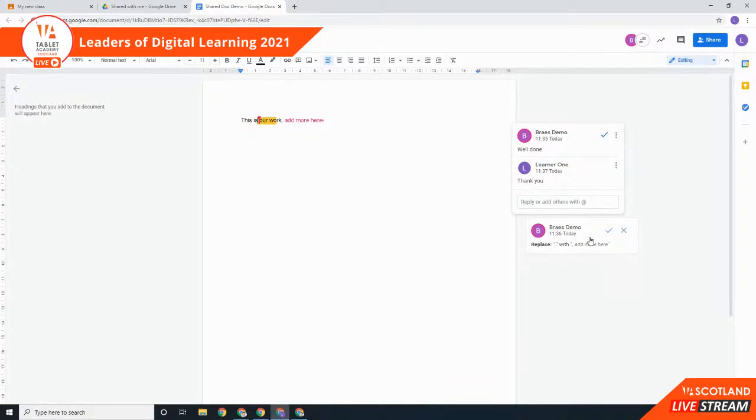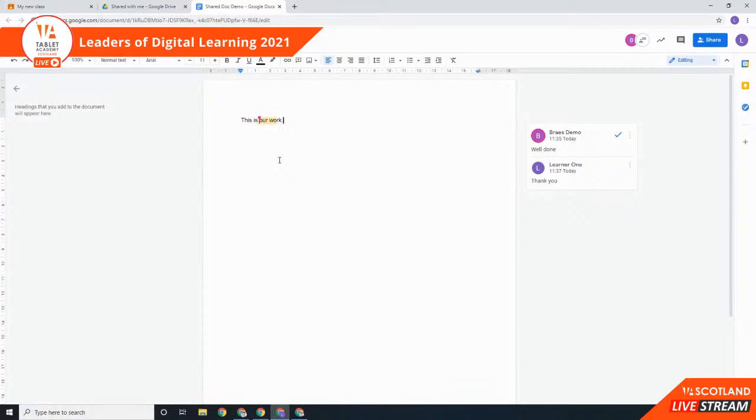Oh, add more here. Well, I don't want that printed there, so I'm going to reject that suggestion, but I can go back and type in some more if I wished. You can see the teacher has a bit of work highlighted because they're live working on the document, and for big pieces of text, that's useful to be able to see where different people are working. So, in the simplest form, creating a shared document and sharing it with 2, 3, 4 learners to get group work underway is really powerful,